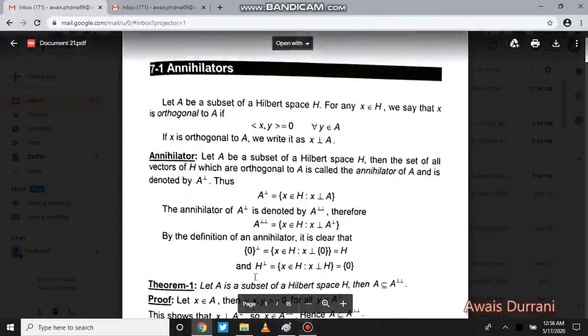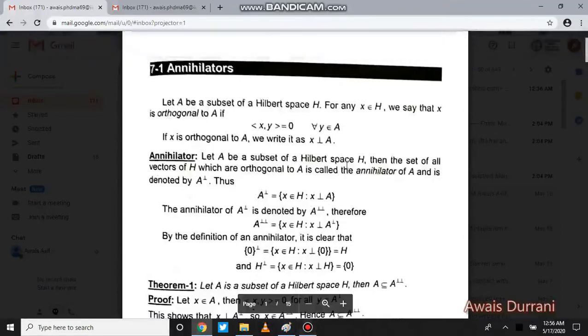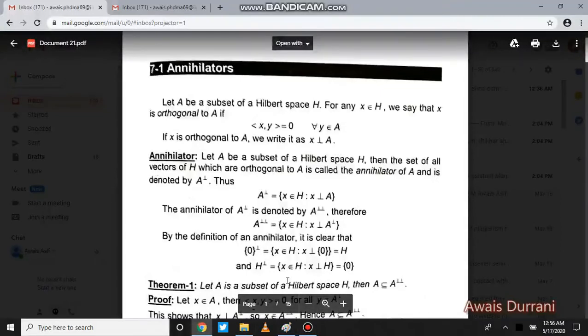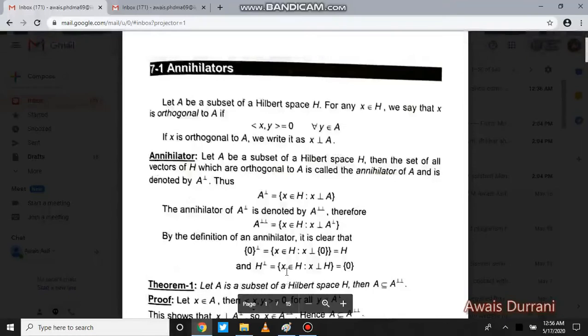Similarly, if I take this H, the whole Hilbert space, and I want to find its annihilator, then there is no such element which is orthogonal to the whole set. For example,